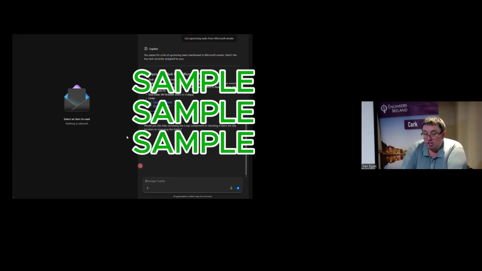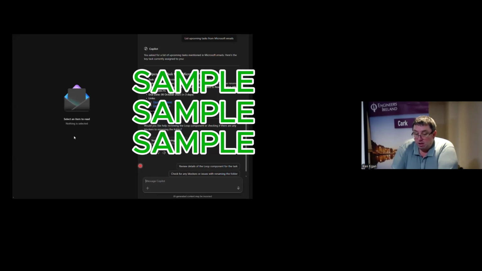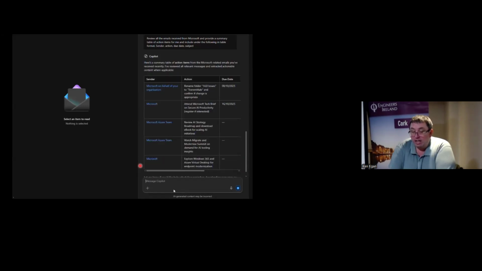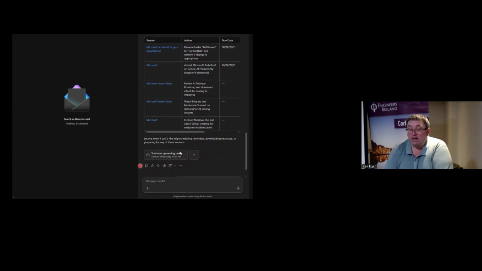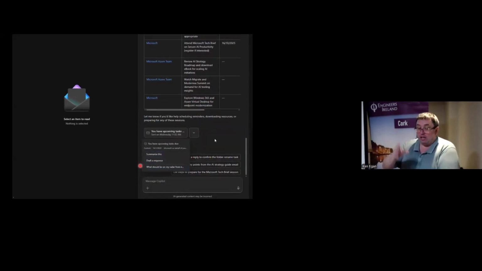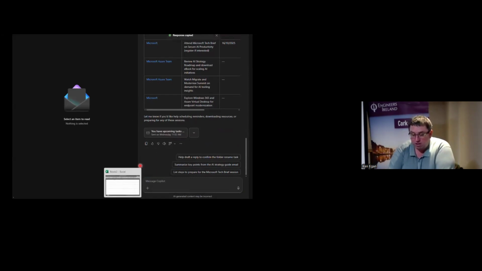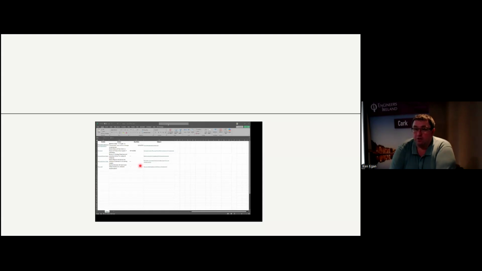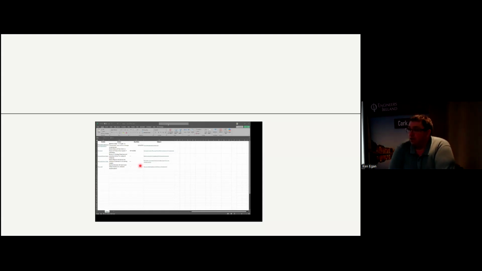It gathers all the information for you, and I can see the prompt at the bottom, and I'm going to ask it to review those emails and see if there's any action items for me within that. And it's produced it into a table, as I've asked it to, breaking it out. What I can now do is click on the copy of the response, go out to Excel and paste it into Excel, and there are my action items from a few emails. What was that? Less than a minute.